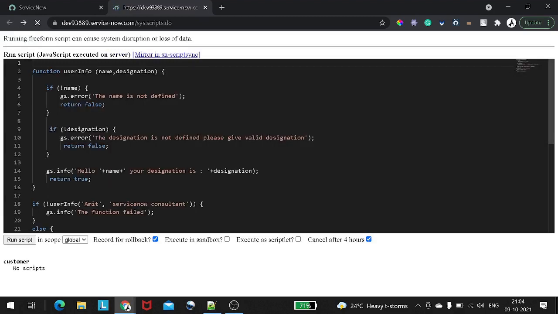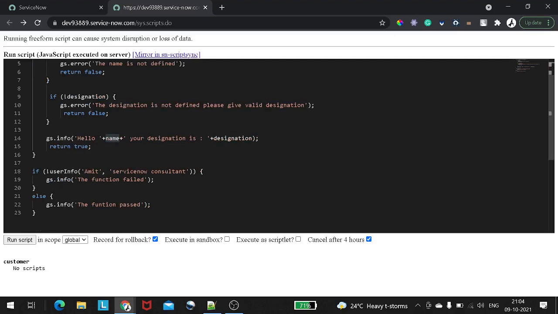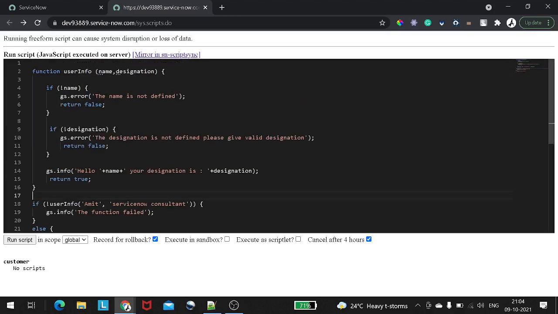Now we have passed the attributes, we have used that attributes, everything looks fine. Okay, this is good for now. Okay, so I will give some comments over here. Okay, this